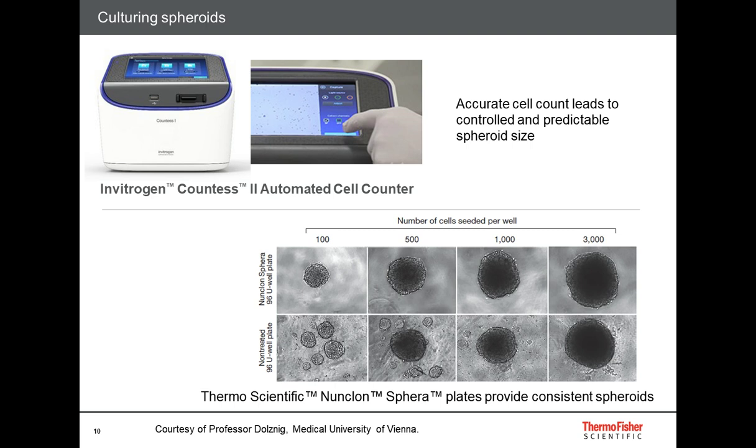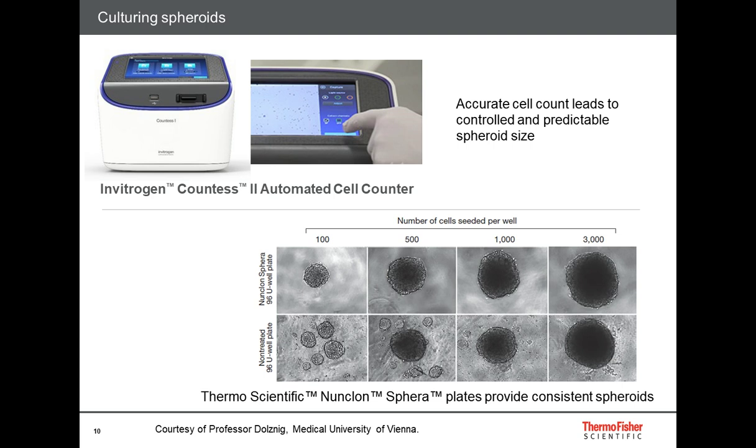So using an instrument called the Invitrogen Countess 2 automated cell counter, we can very quickly, using 10 microliters of our cells, obtain an accurate measurement of concentration and viability so that we can seed the correct number of cells and a consistent number of cells per well in our 96-well plate